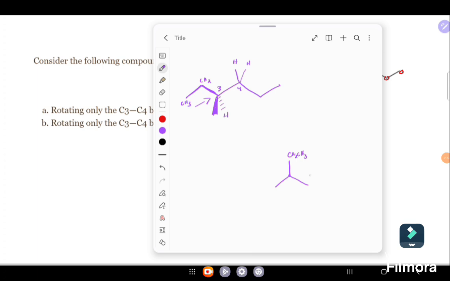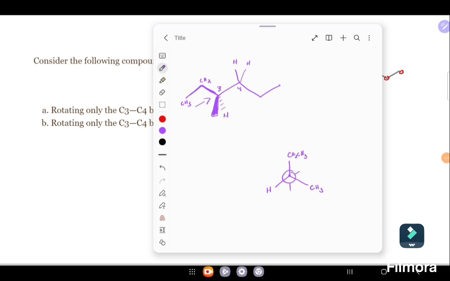A methyl group, and I can just put the methyl group here. This is our methyl group, the wedge. And on the other side is a hydrogen. So our carbon 3 has an ethyl group, a methyl group, and a hydrogen. That's our front carbon. Now if we draw our back carbon with our circle,